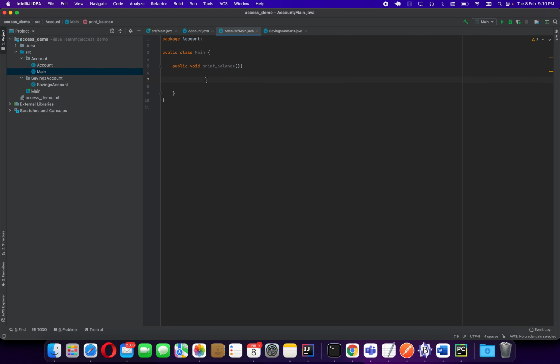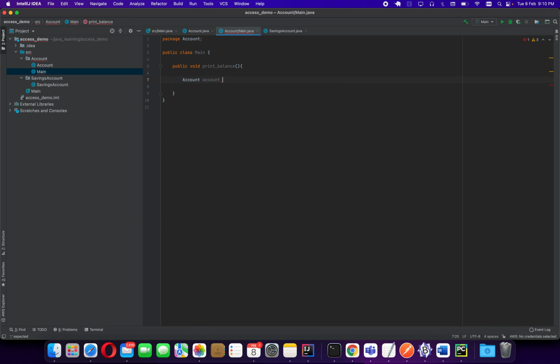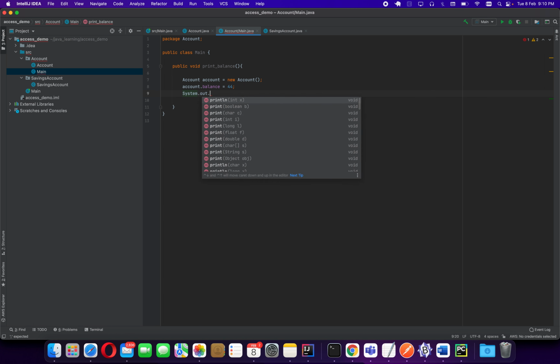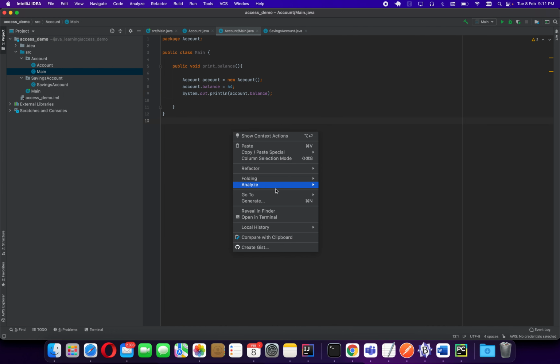So let's create a new object: account equal to new account, and you can see account dot balance equal to 44. System dot out dot print account dot balance. So if you run this,